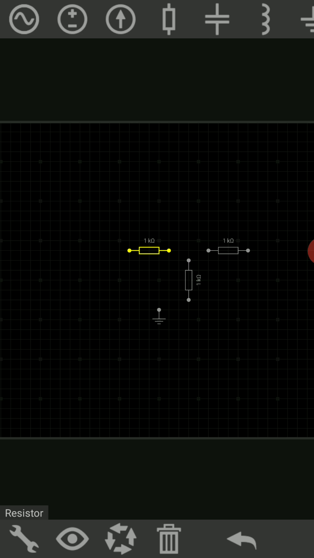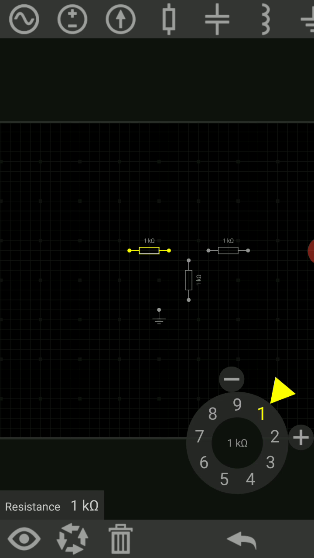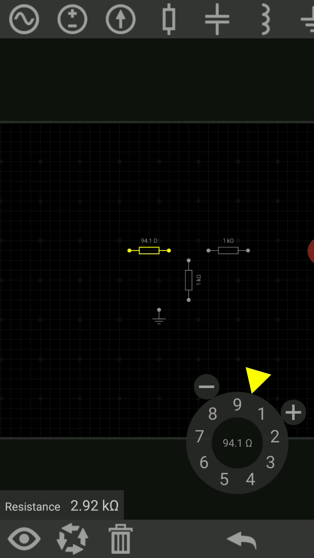Now if I want to change the value of this resistance, once it is in yellow color, at the bottom resistor is written, below that you should click, and some arrangement is there to change the value of resistance. If I rotate this arrangement in the clockwise direction, the resistance value is increased, and if I rotate it in the anti-clockwise direction, the resistance value is decreased.